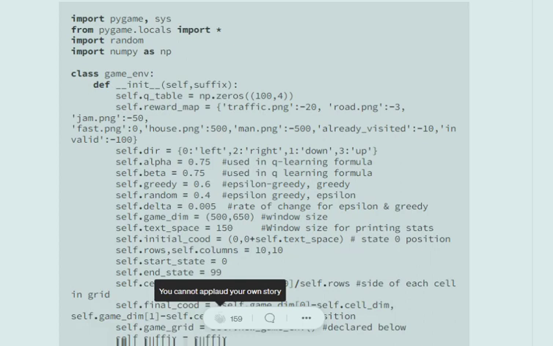Then there is a reward map. Reward map is basically to map a given entity on the map, like traffic, road, house, jam, and their associated rewards. So I will be directly using this reward map. Direction is basically a dictionary for mapping string names for the actions to an integer. Alpha, beta are basically used in the q learning formula. Greedy and random are basically used for maintaining the trade-off between exploration and exploitation in the epsilon greedy policy that